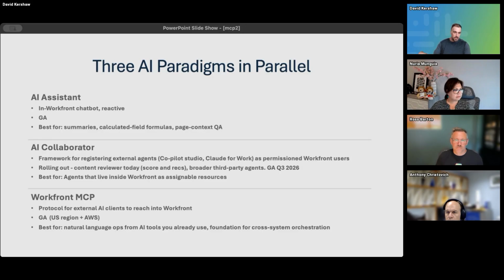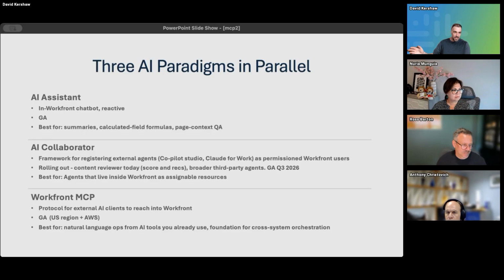Right now it's content reviewer, but on the roadmap, very soon, will be agents for things like project management, or external agents specific to your company. So it's an embeddable AI collaborator. I think this would be a good demo maybe in a couple of months' time. If someone wants to volunteer to do that, I think that would be great to see.